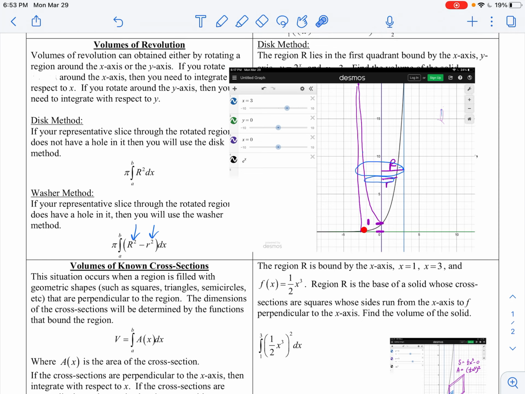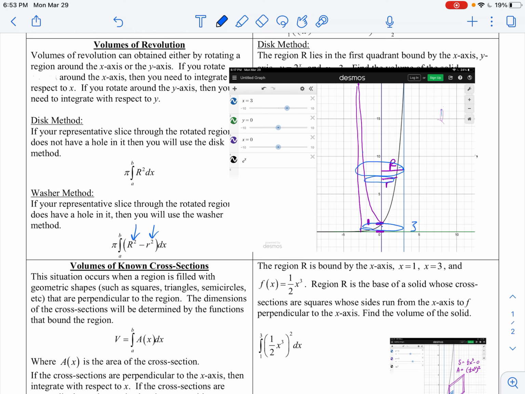And now there is a little section here at the bottom between 0 and 1 that is just a solid, right? So we are going to have just some circles down here. When we rotate, these are just going to be that solid. So you'll have an integral